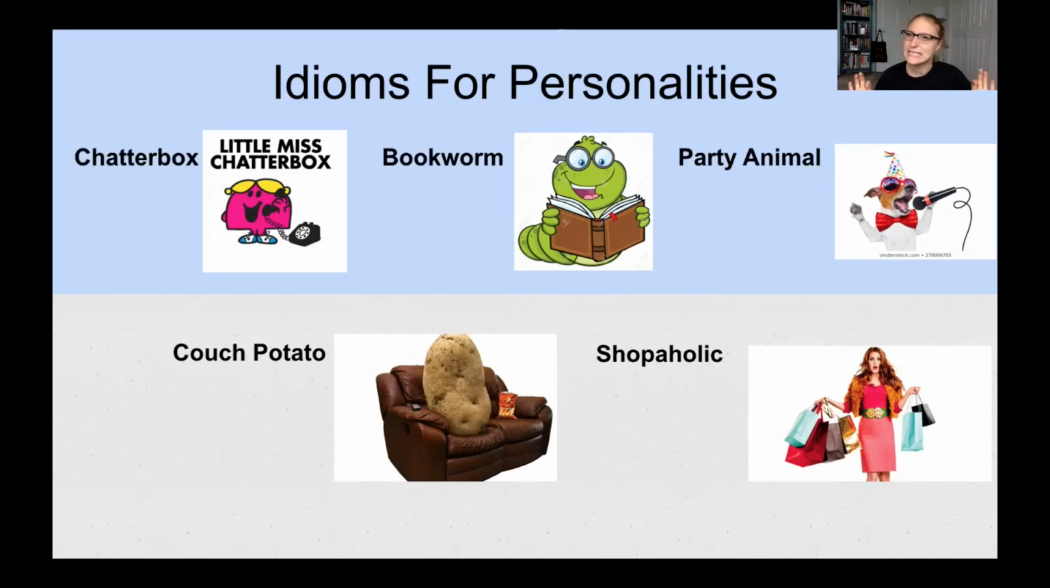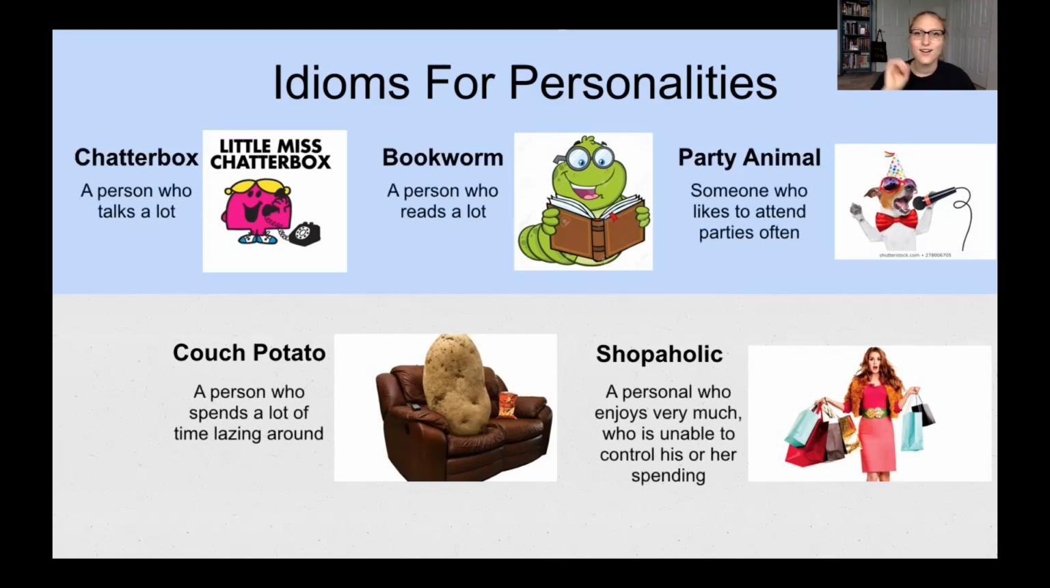Time. Alrighty, let's see who was correct. All right, so a chatterbox is a person who talks a lot. Based on this video, I feel kind of like a chatterbox. Then, bookworm. As a librarian, I find myself to be a bookworm, and it is a person who reads a lot. Then we have party animal, and that is someone who attends parties often or who likes to attend parties often. If you have children in college or are in college, that's when we would normally use party animal,